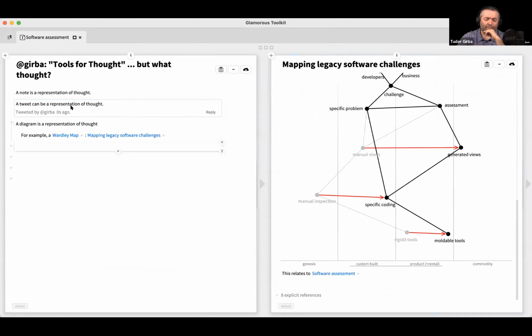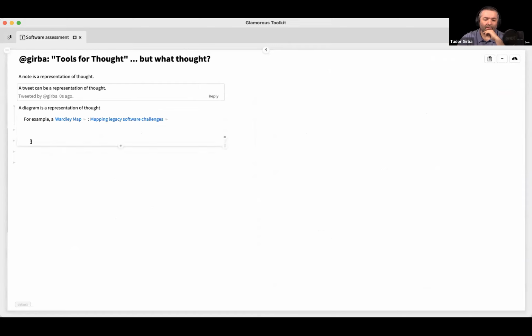So if we go back to our narrative over here, we know that not only do we have notes, maybe we have diagrams of sorts, but also code. It can be a representation of thought.